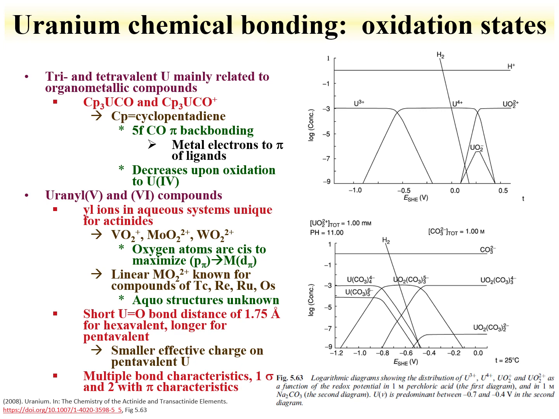Looking into more detail on the oxidation states of uranium, we see that the trivalent and tetravalent uranium species are mainly related to synthetic organometallic compounds, non-aqueous solutions. And here's an example of an EH diagram where the potential and the concentration of species are shown. What's demonstrated here, this line shows the stability of water. So under these conditions,